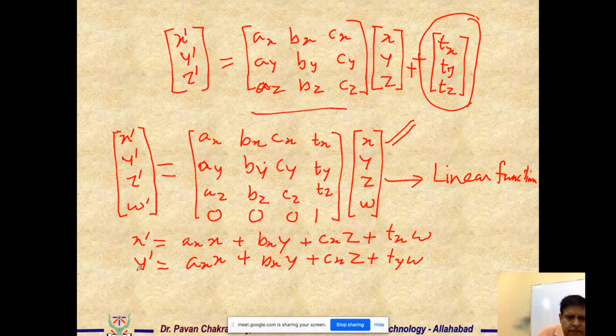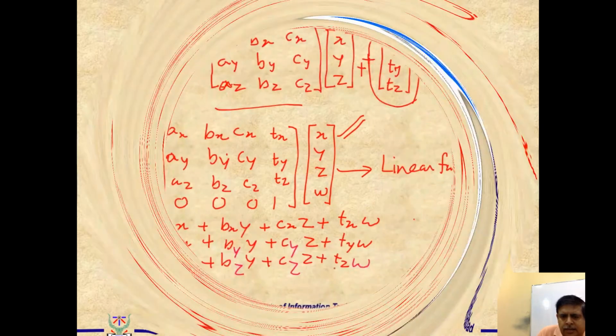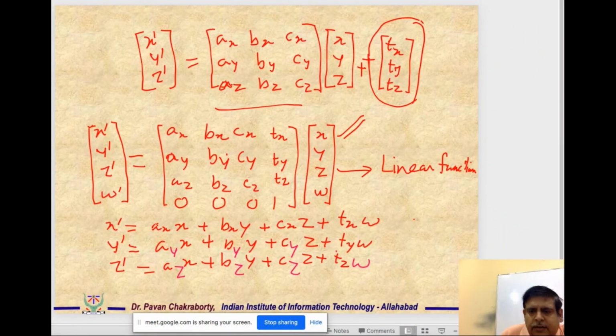similarly I will have here z prime will be equal to ax x plus bx y plus cx z plus tz w. Sorry, this is not x, but this should be all z here. Right. So this is my set of equations which I have as my condition, and if I